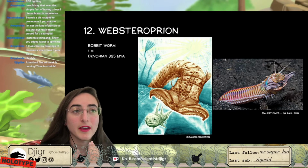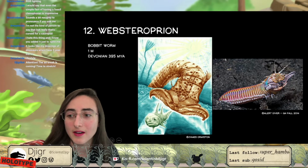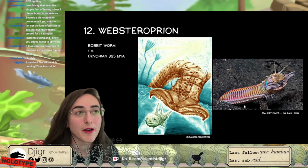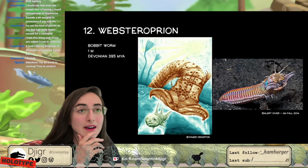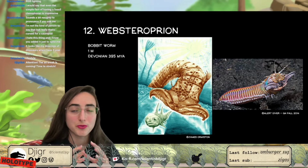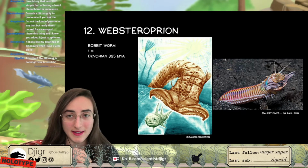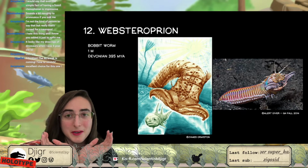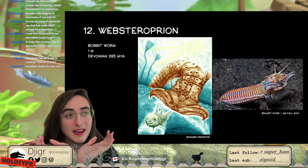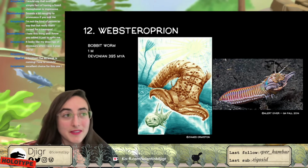It's the equivalent of an extant species that we have, the bobbit worm there, here. Very beautiful. It's an annelid, so it's a sort of worm, and it's known to be a very good predator. It hides in the sand. It has its very cute pair of jaws like that, and when something goes on top, it just snabbity snab,